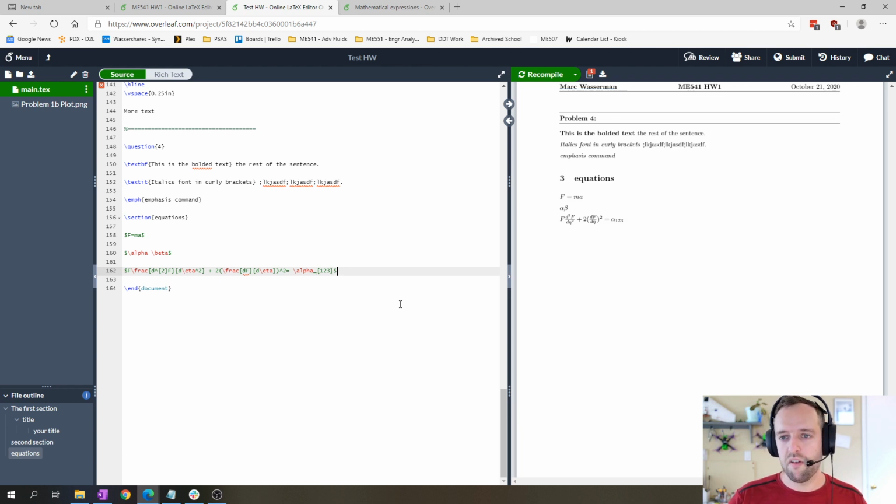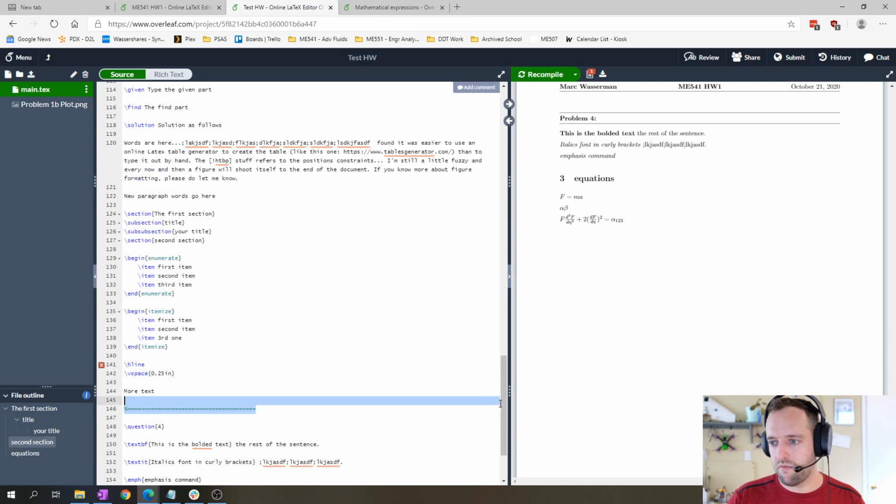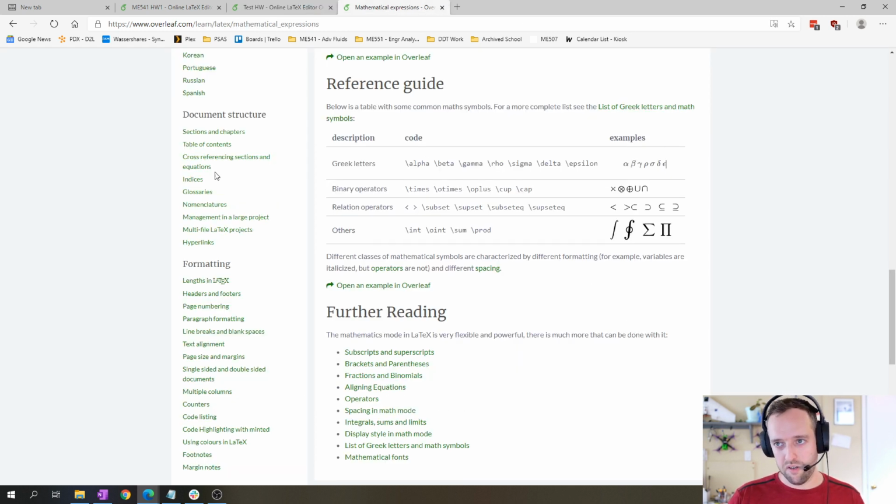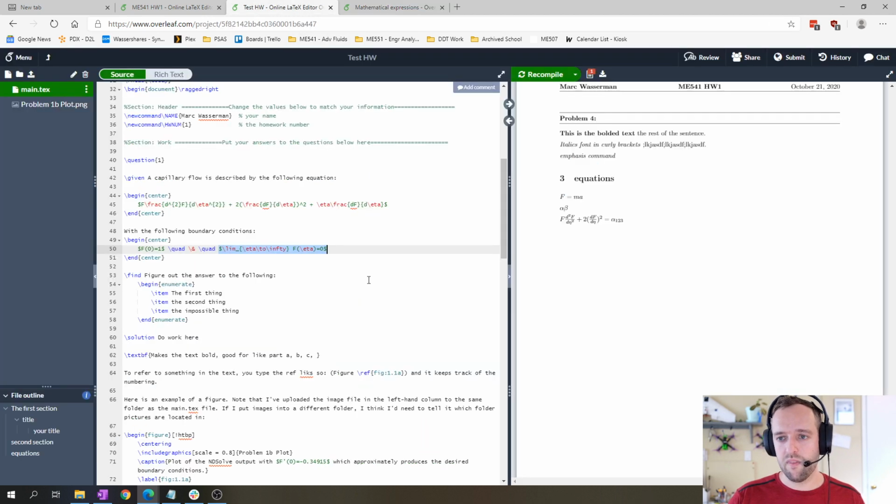If you need some of the fancier formatting, if we look up at some of the stuff I wrote in the top here, I looked up how to do limits. You're welcome to copy this if you like it. So this is limit underscore, and this is a built-in way of doing limits. If you need integral symbols, other weird symbols, or summations, I don't remember how to do those off the top of my head, so I always end up looking up how to do them from a reference guide. In any case,